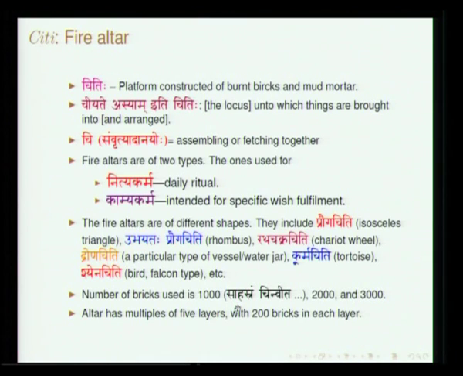See, we have this mantra Sahasranchinvita. In this, the chitis basically have 5 layers. The number of bricks in a particular layer will be 200. So this is one constraint which is set. The second constraint is the area, whether it is Ratha Chakra Chiti, Drona Chiti, Kanka Chiti, or Kurma Chiti. You have to have a certain area, and the area is measured in terms of the Purusha, the person's height. So that also will be fixed. One constraint is area, the second constraint is 200 bricks.